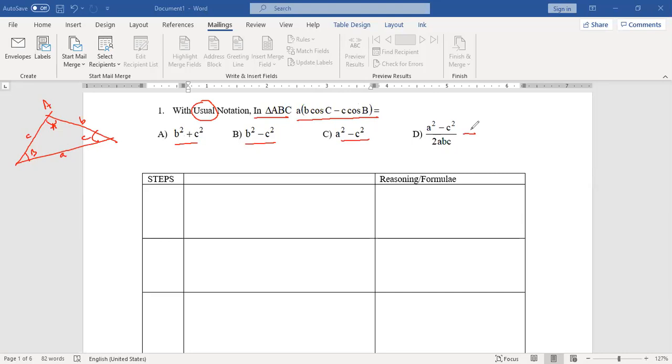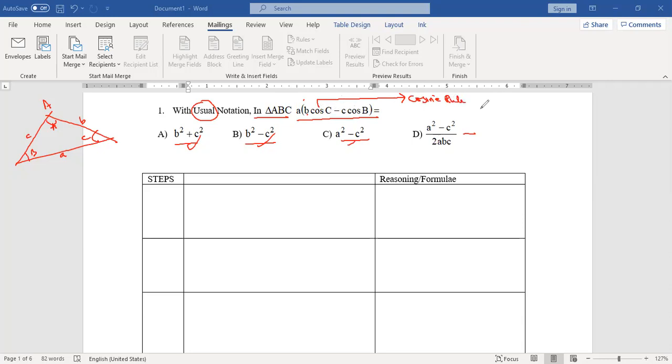So what are you planning? Which rule are you going to apply here? We have two options. We want to convert this trigonometry into sides, right? All of them are sides. What should I do? How should I start? We will use cos C minus cos D. Cos C minus cos D you cannot apply because of the b. The best thing that you can do is apply cosine rule.